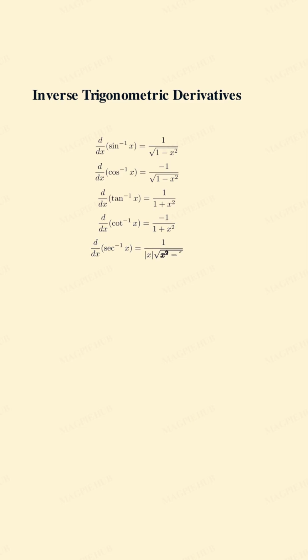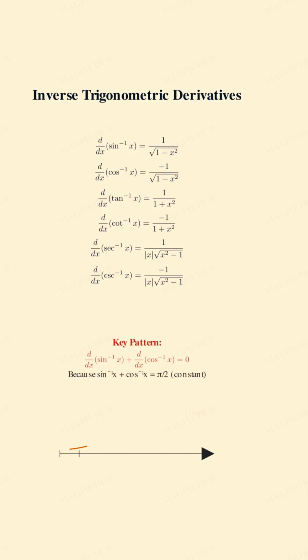Inverse trigonometric derivatives. These are critical for G. Derivative of sine inverse x is 1 over root of 1 minus x squared. Derivative of cosine inverse x is negative 1 over root of 1 minus x squared. Derivative of tan inverse x is 1 over 1 plus x squared. Derivative of cot inverse x is negative 1 over 1 plus x squared. For sec inverse and cosec inverse, the formula has modulus x times root of x squared minus 1 in the